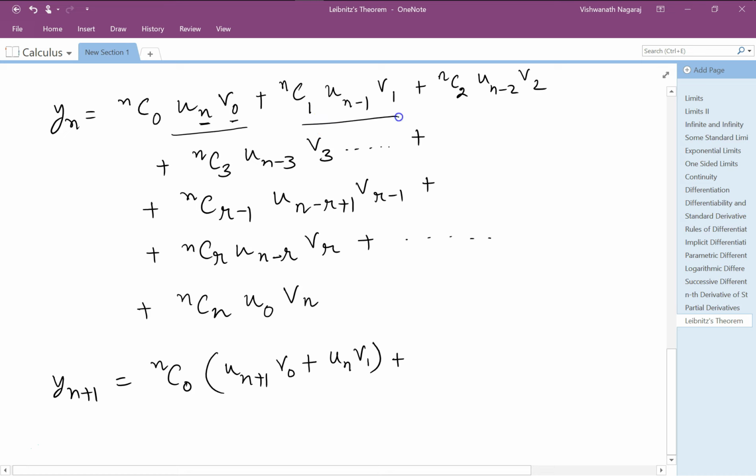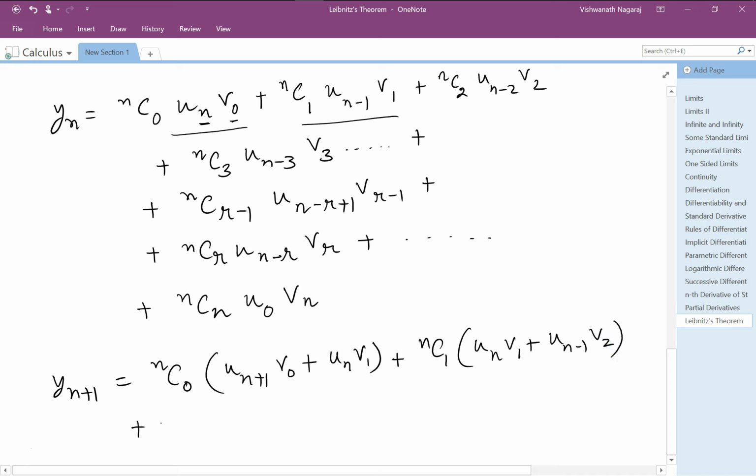Now let's take this nc1 times u, we have to take the next derivative, that is n v1 plus u n minus 1 v2